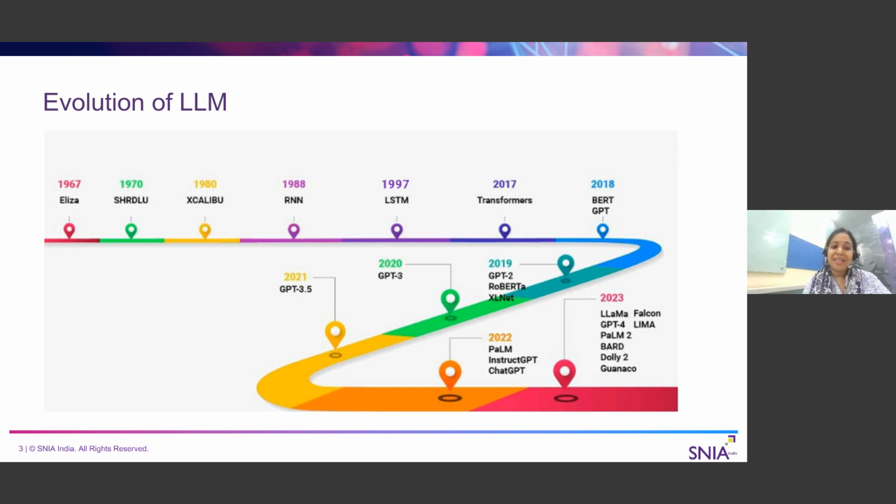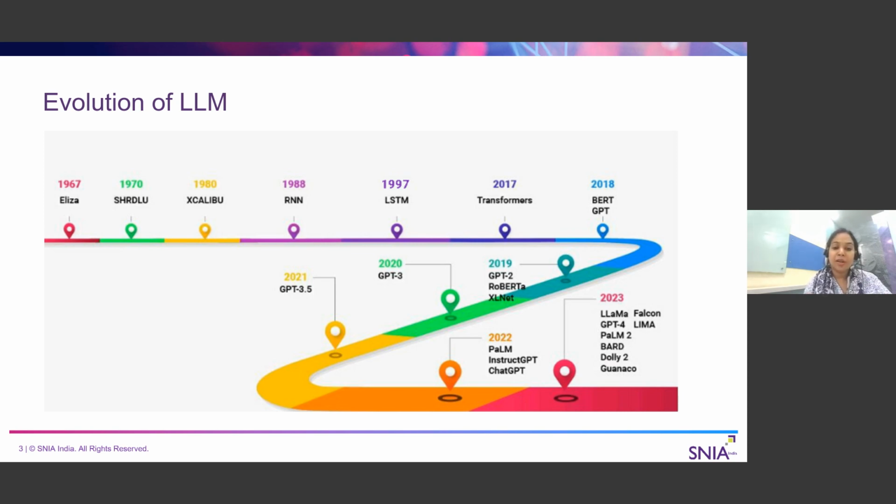And in the late 1980s, in 1988, the emergence of the recurrent neural network started. The recurrent neural network was deeply inspired by the human brain and how neurons interconnect. The good point here is that if ELIZA did not understand the context, here it was able to understand the context a bit more. The limitation was that it couldn't understand long sentences and how the words are interconnected with each other. But RNN was the one which provided the foundation for NLP.